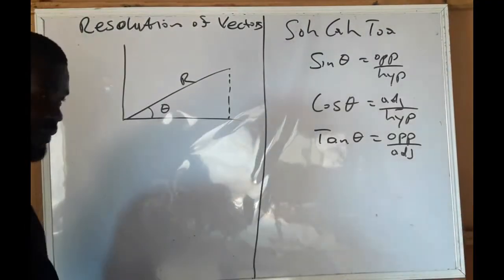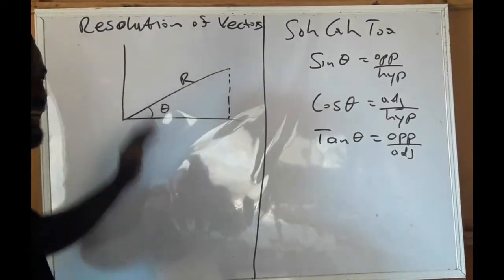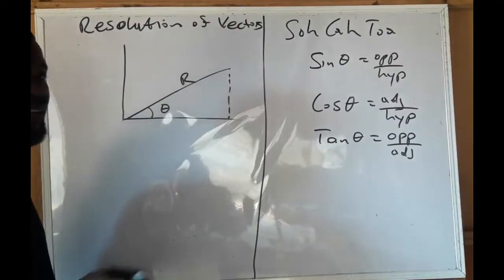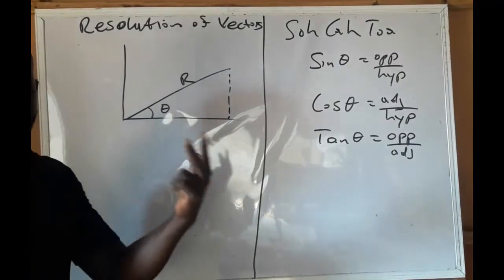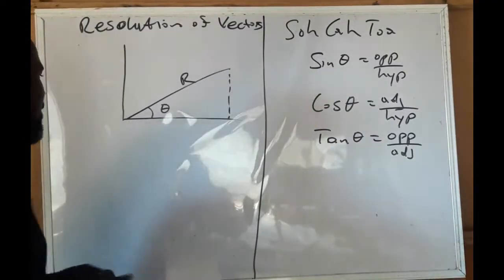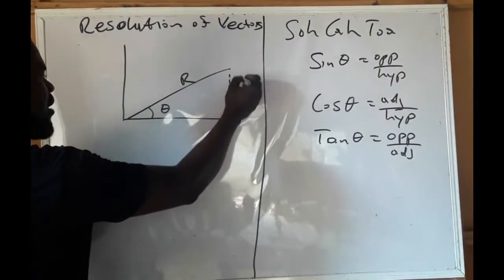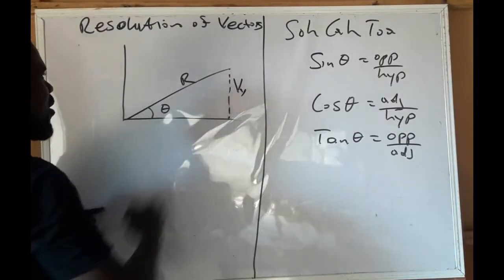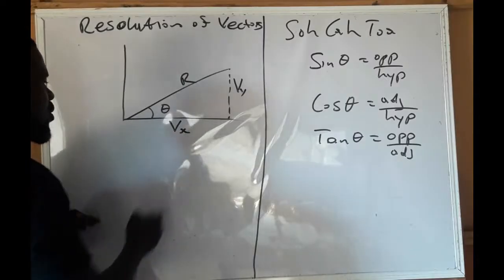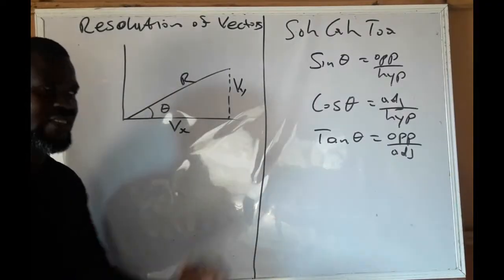So we can resolve a vector into vertical and horizontal components using our popular SOHCAHTOA, where sine is opposite over hypotenuse, cosine is adjacent over hypotenuse, and tangent is opposite over adjacent, into vertical and horizontal components by using these two formulas. For example, let's call this one Vy, a vertical component along the y-axis, and let's call this one Vx